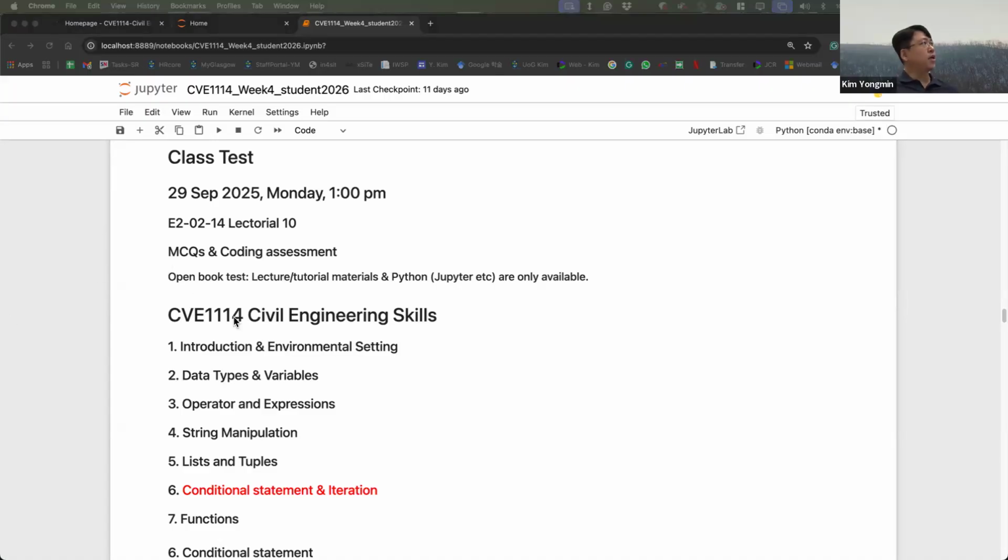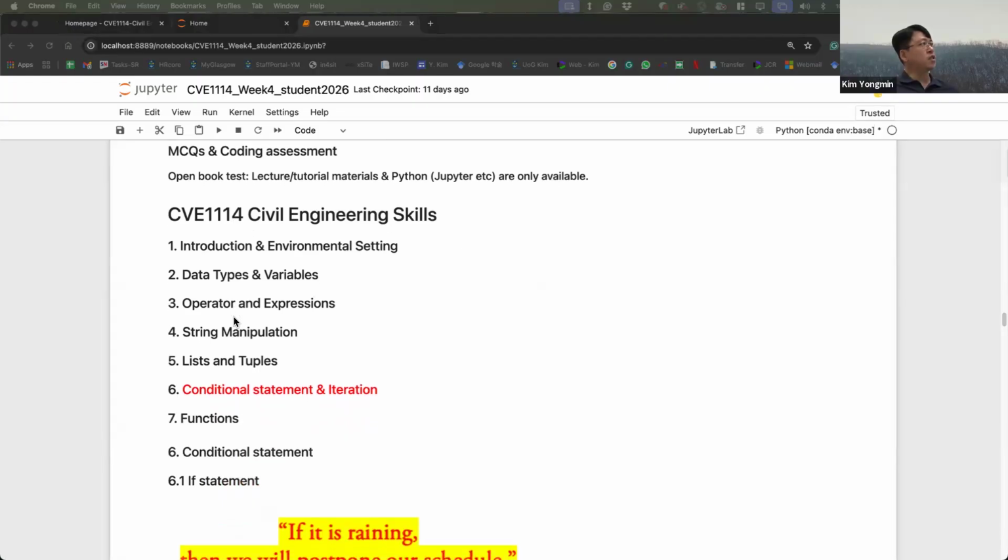Okay, today we are going to discuss conditional statements and iterations. So far, we finished data types and variables, some operators, expressions, string manipulations, and lists, tuples, sets, and dictionaries. Now we have come to the if statement, for and while loops, and then functions.